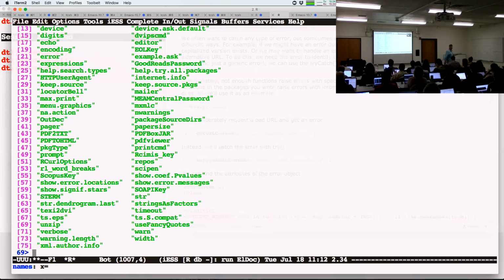This is very bad news, to put code in your options, because no one knows. When you showed me your code, I looked at it and it behaves differently for me, and you go, oh yeah, no, I have an option set. Well, you never told me that. So that's bad news.